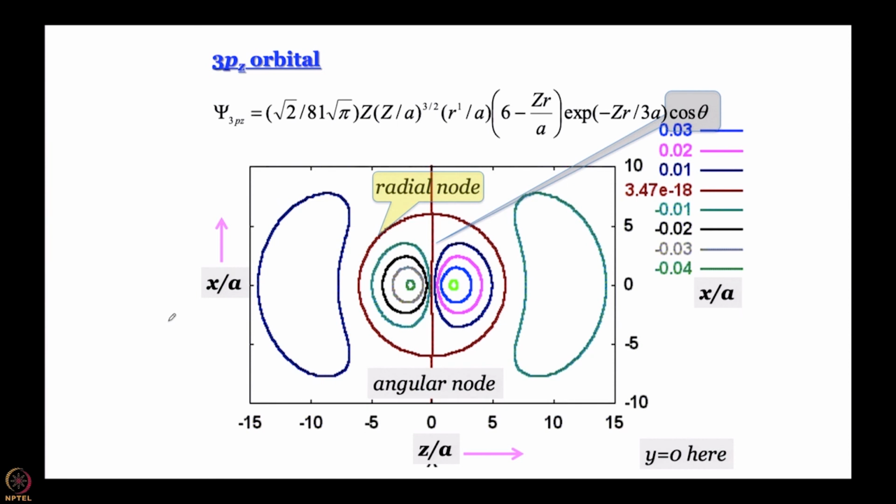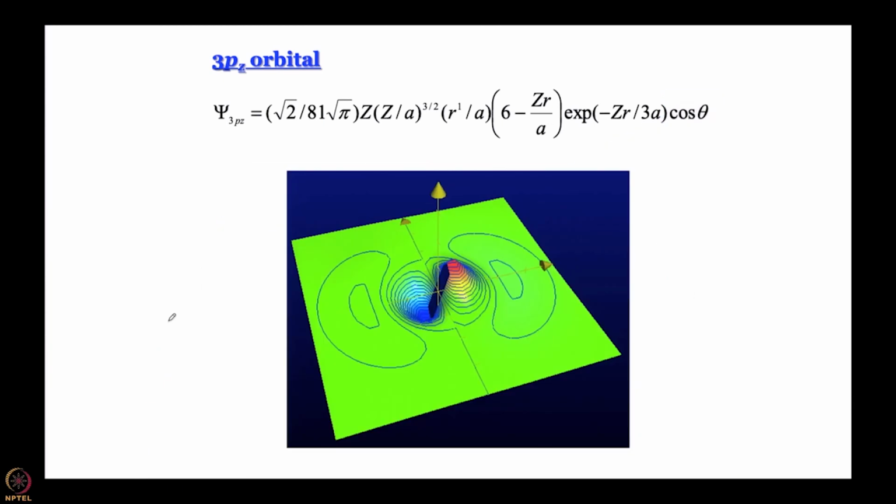So, what I am saying is that if you are asked to plot an orbital or any function ever, figure out the nodes, draw the lobe that occurs to you first, and then remember that as you cross a node, sign has to change, rest is simple. Okay. Now, this is your contour diagram in a different orientation, and this is what we have been waiting to see, the 3D plot with contours.